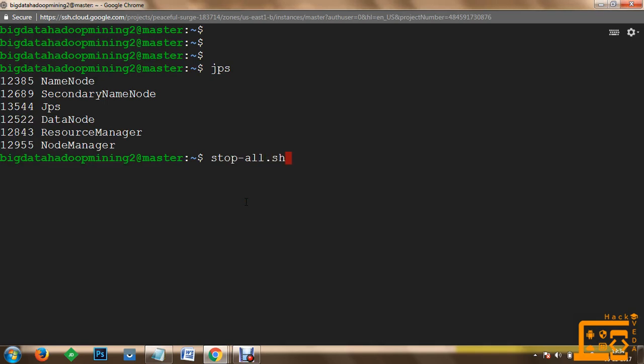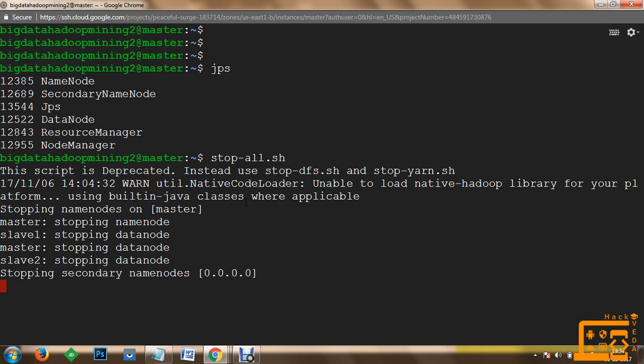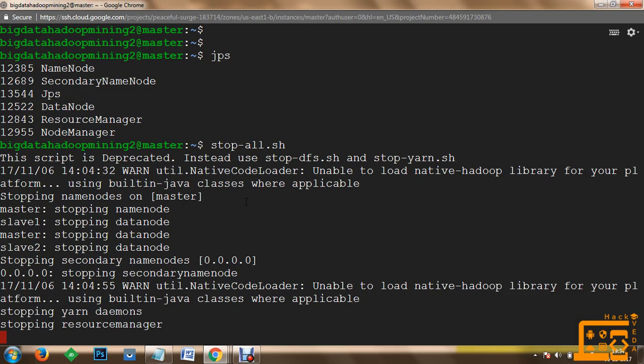So on the master node, we are going to execute the stop-all.sh command. Once it is executed, our name node and data nodes will be stopped. Then we are going to stop our machine instances. As soon as we start our virtual machine instances again, the IP addresses may change. So how will you have to configure your machine for Hadoop again and how will the project be deployed? We are going to understand the concept.